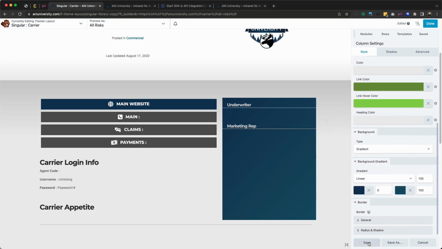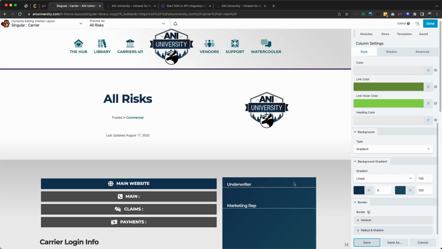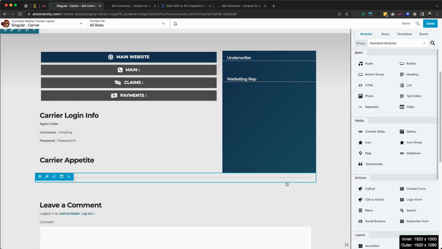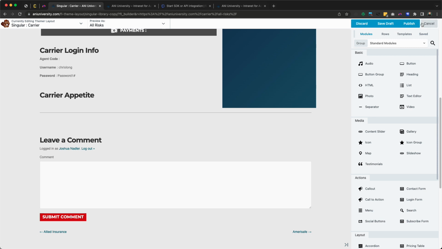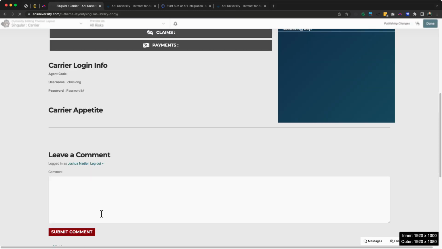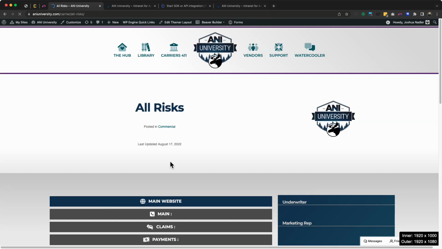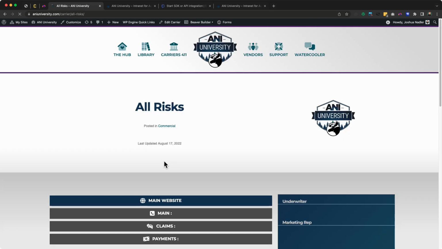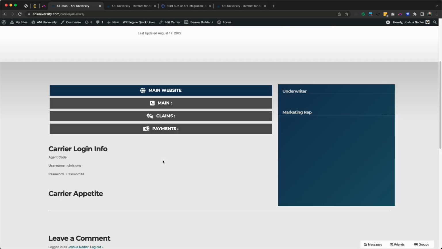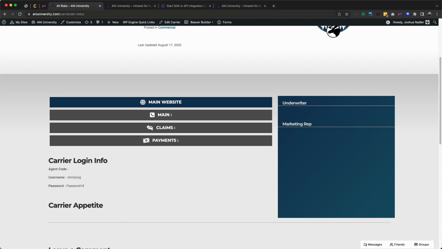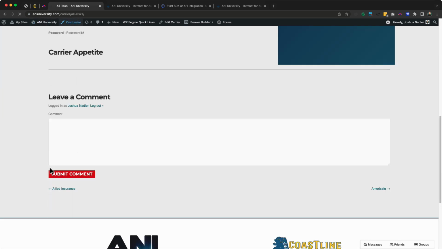Cool. All right, so let's save that. Okay, so now let's go figure out how we change the submit comment button. I believe what we'll be able to do, yeah, that looks good. Okay, it might be under the customize section is where this is. So customize